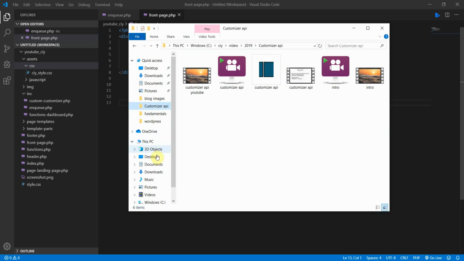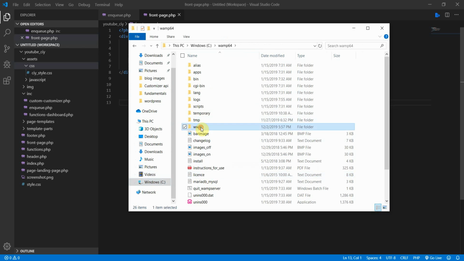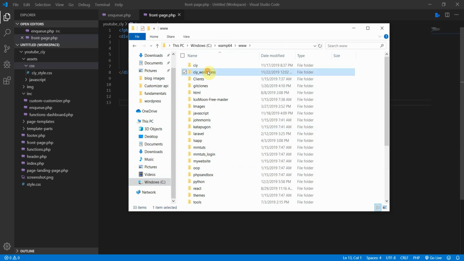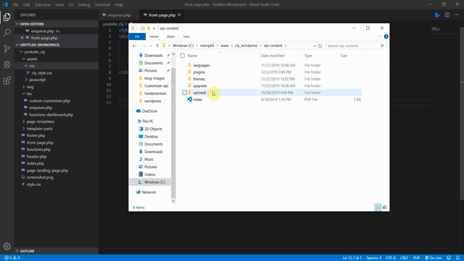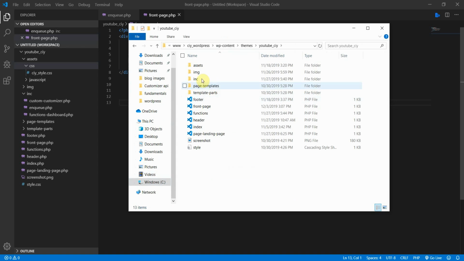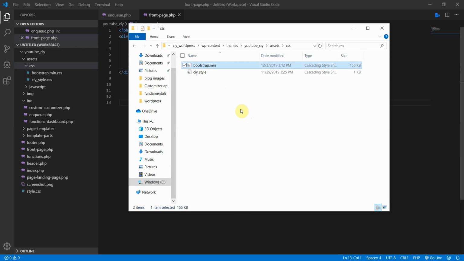This is not it. Here's my WordPress content, and let's see, themes. Here we go, and into my assets folder, and let's just pop it in there,